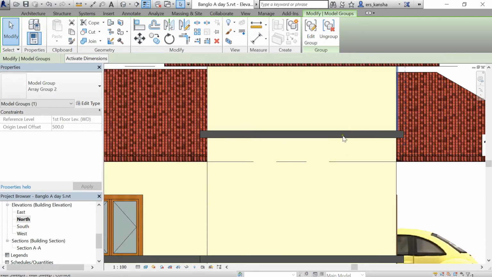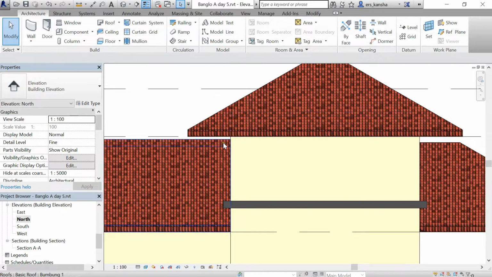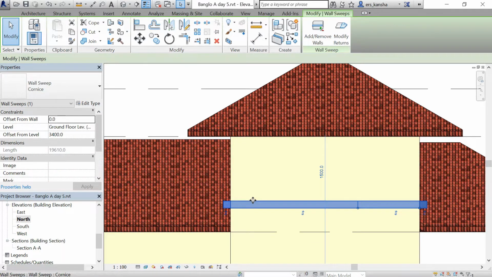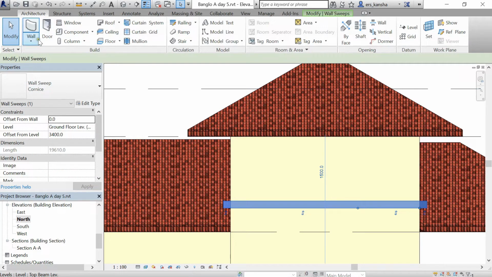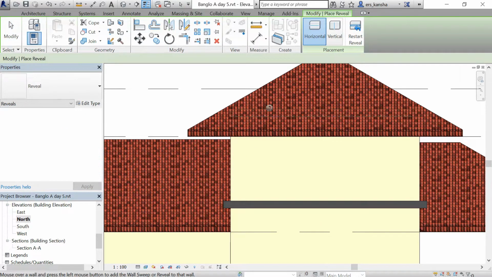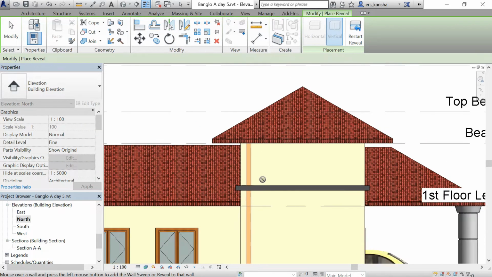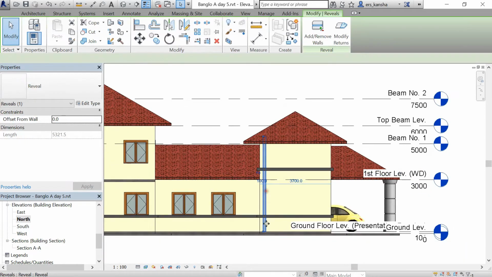North elevation, we click the wall. We click wall and review. We put vertical and put here escape, and then select the